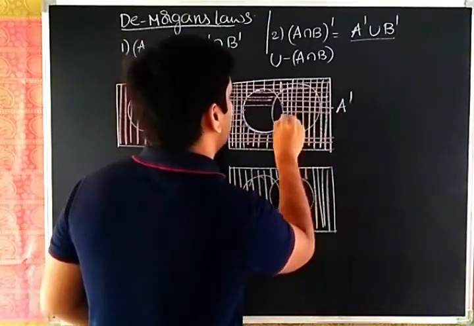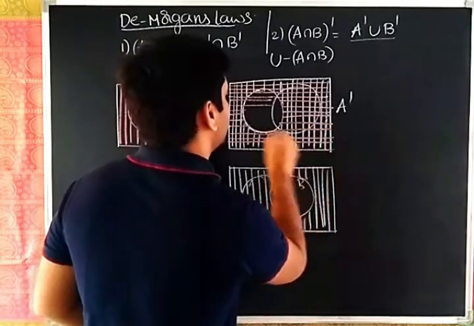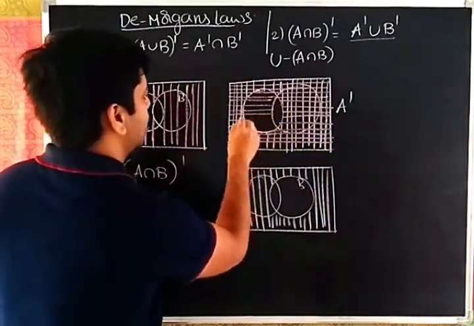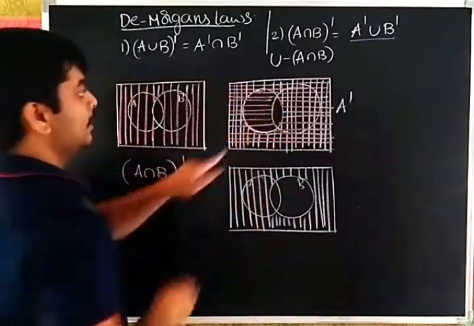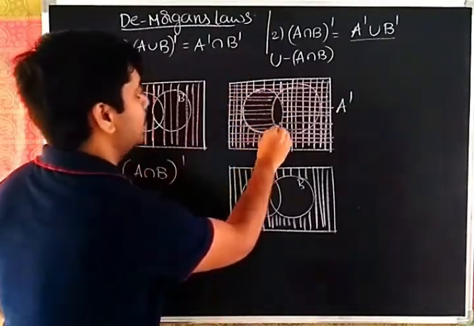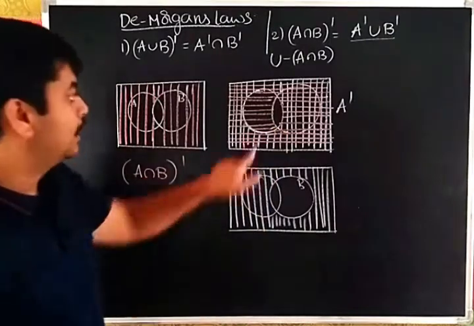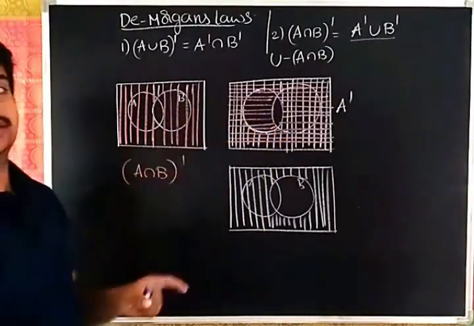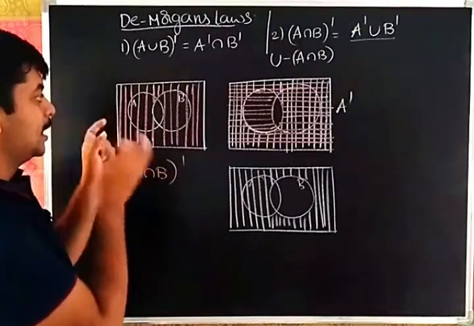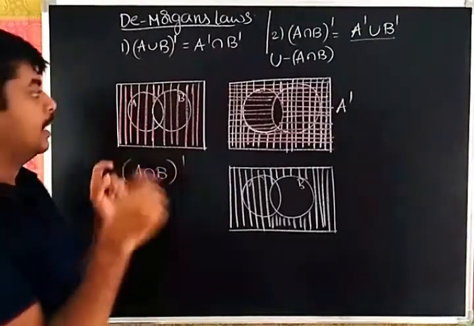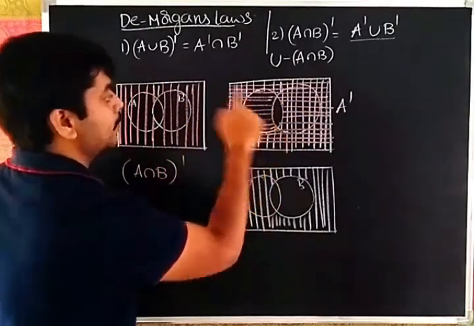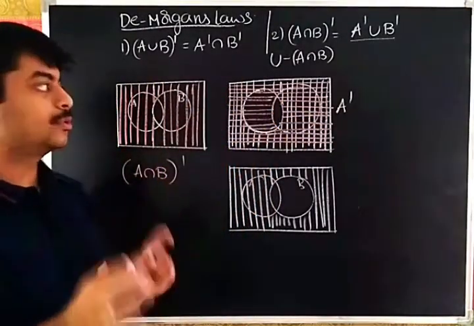So this will be the complete shaded region, even this one. The only thing we need to leave is this inner part. Okay, so that one we left. Only this inner part I am leaving. Here also we left. So are these two equal? Equal in the sense, see where the complete box is shaded. This is completely shaded, leaving this one. This is also completely shaded, leaving this one. So are these two equal? Yes, these two are equal.